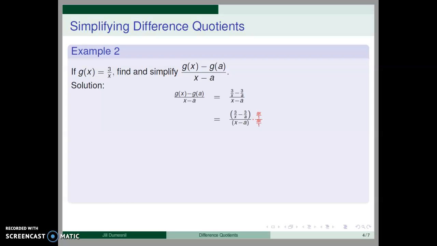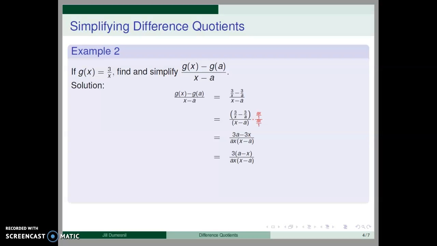To simplify the complex fraction, we can multiply numerator and denominator by a times x to clear all the fractions. Distributing in the numerator does clear the fractions. We choose not to distribute in the denominator because the eventual simplification of fractions requires factoring, which is the opposite of distributing. We can factor 3 out of the numerator, replacing 3a minus 3x with 3 times the quantity a